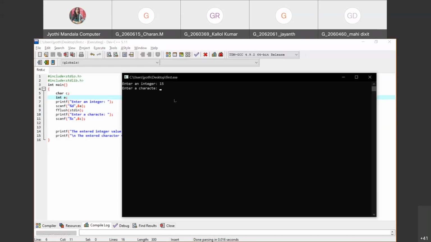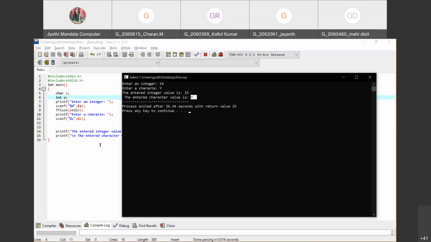The character I want to give is, let us consider y. Earlier we had not emptied our buffer, that's why it took the enter button as the input. Now we have emptied the buffer by using fflush, so nothing is there in the buffer, and the compiler can't take any input. So it requests the user to enter the input. Right? Now you can see you are getting both outputs, the integer value and the character value. Got it, all of you?